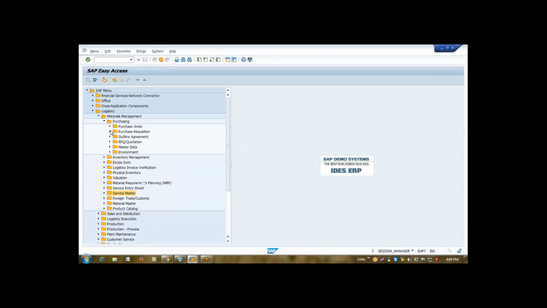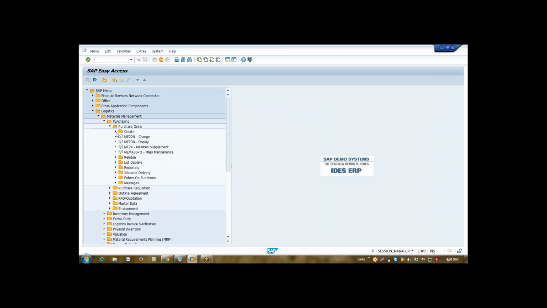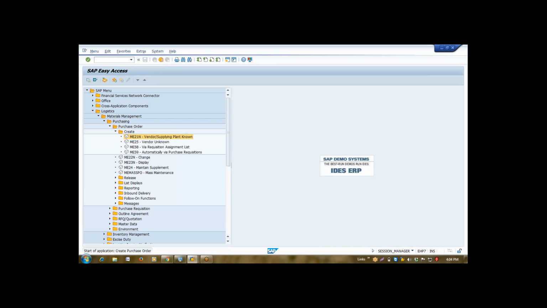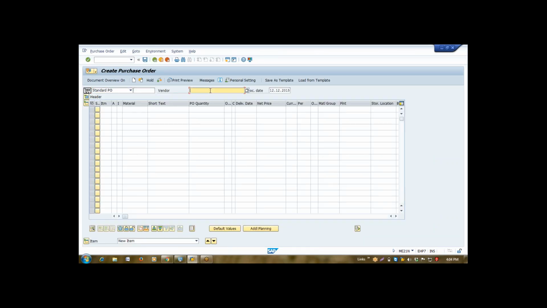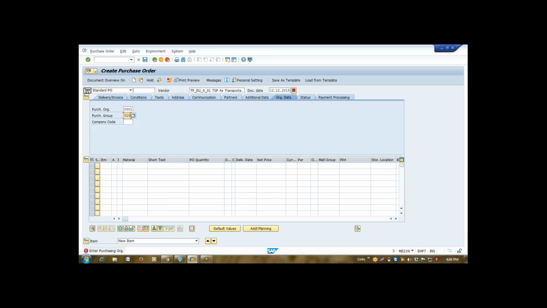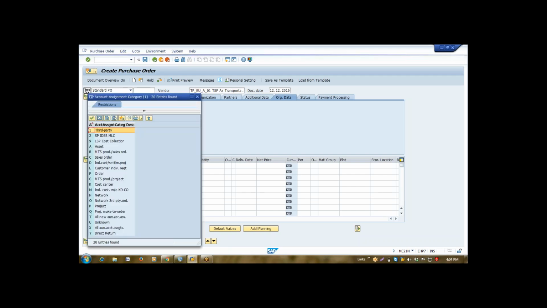Then your purchase order. So the transaction for purchase order is still ME21N. First of all, we'll enter the vendor from which we want to hire the services. Then these are our common details. Now we enter our account assignment category. Here, a service will be hired by a department, so we use the cost center as account assignment key. Cost center represents your department. Generally, the cost centers are created on the name of departments.